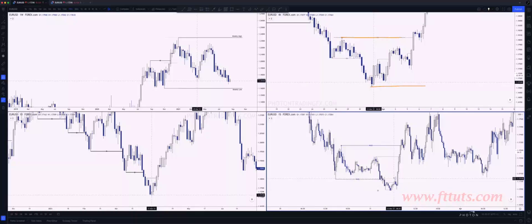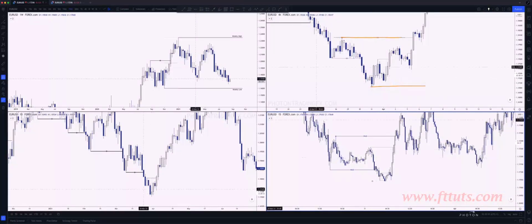So there we got the 15-minute change of character, price then pulled back in, right? If I can get the paintbrush to work, right? So we got the pullback in to form that 15-minute internal high low, and then that anticipated the 15-minute pullback, which then turned into a full-on trend change, which then ended up being the 4-hour change of character, right, to initiate that 4-hour pullback, which then ended up leading to a 4-hour trend change, which ended up leading to the